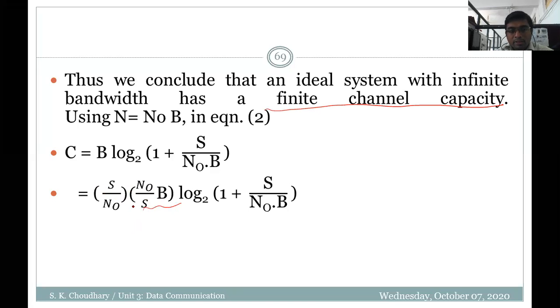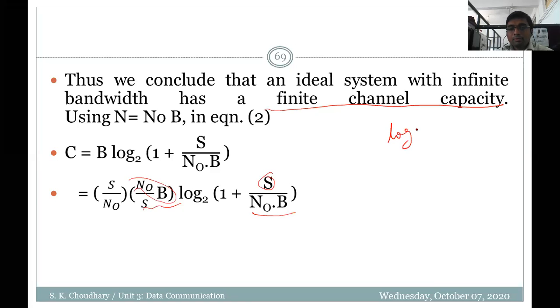So what would be the equation now? You can see S upon N naught is one of the terms, or you can say it is a constant here because we are varying only bandwidth. So bandwidth is the only variable here. So log base 2 of 1 plus S upon N naught B. This N naught B and N naught B is common here, and this S is also common here. So you have to know that